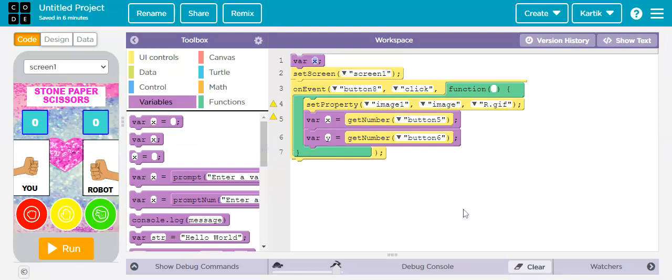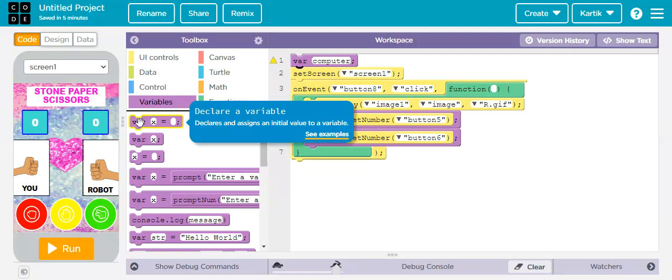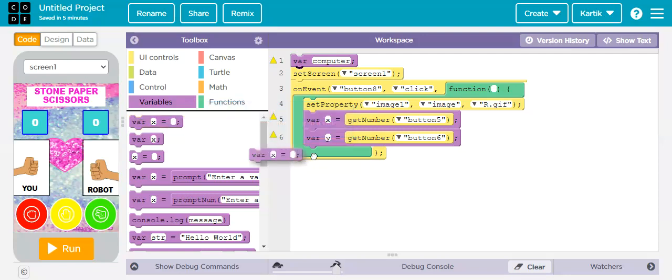So its name will be computer, and now I'm going to drag this block here. I'm again going to write computer,